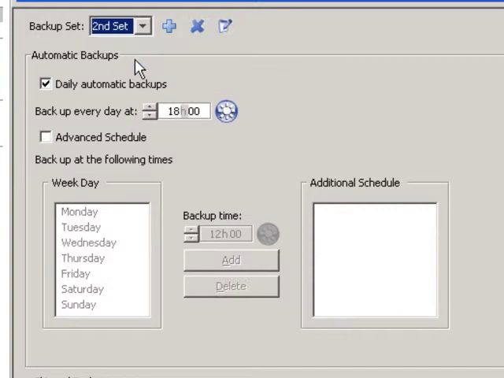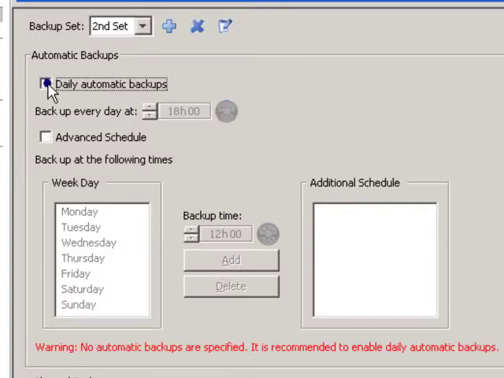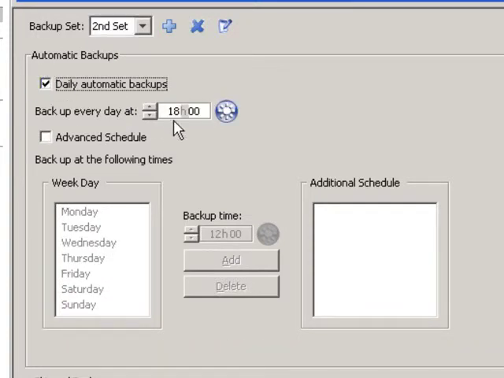I have configured an additional backup set that only backs up the system state. I would like to run this backup every day at 6 p.m. so that it completes before my Exchange backup begins. In this way, I can create multiple schedules and backup sets to run in a flexible and customized way to